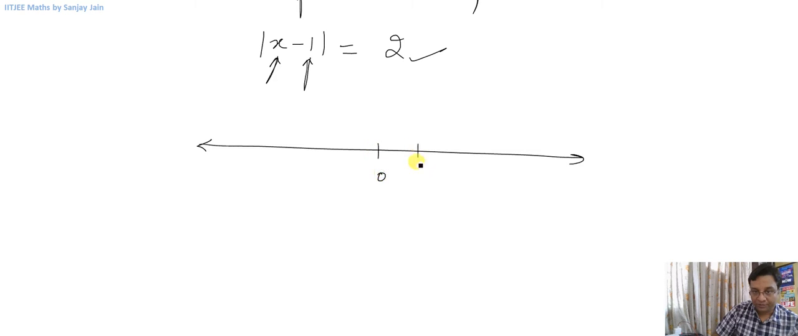Look at it geometrically. If it is 1, 2, 3, 4, -1, -2, and so on, I am looking for a real number x, the distance of which from 1. So this is the number 1. Now from this number 1, I am looking for a real number x which is at a distance of